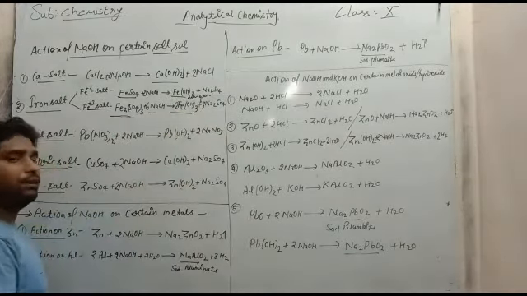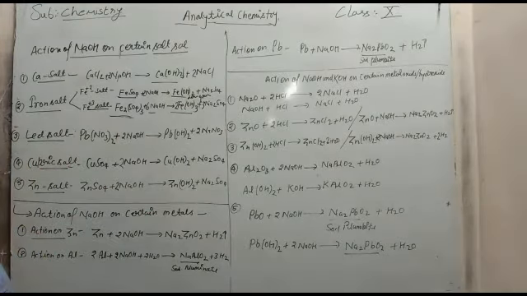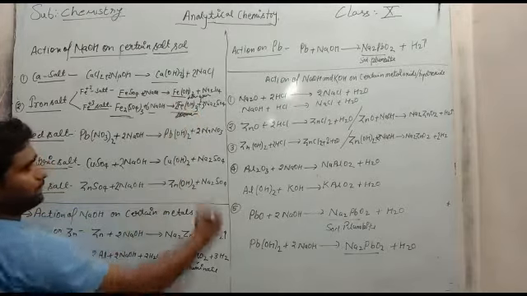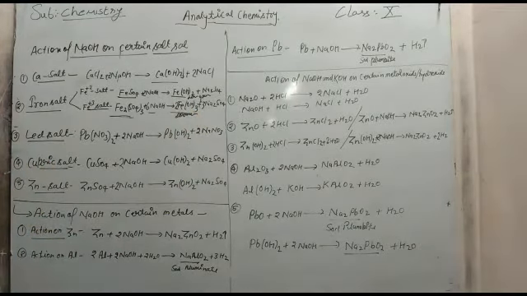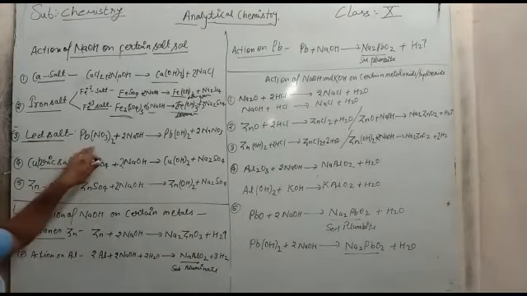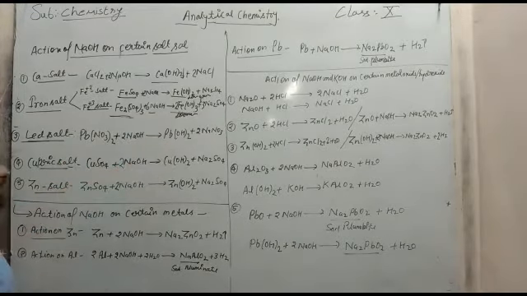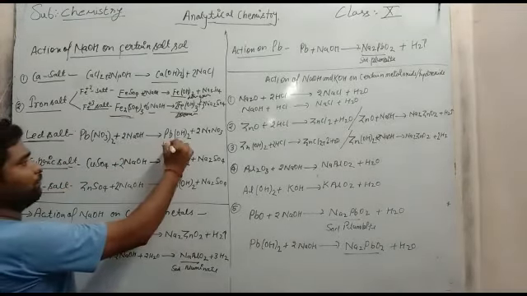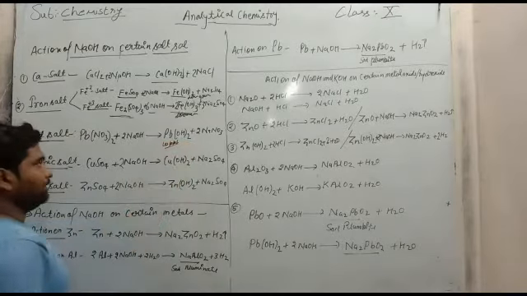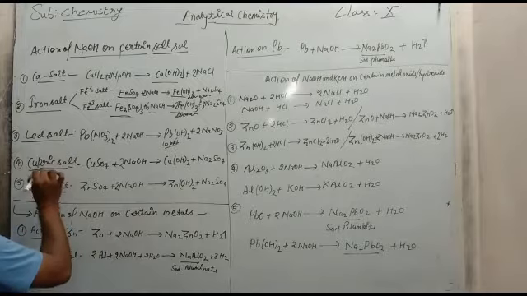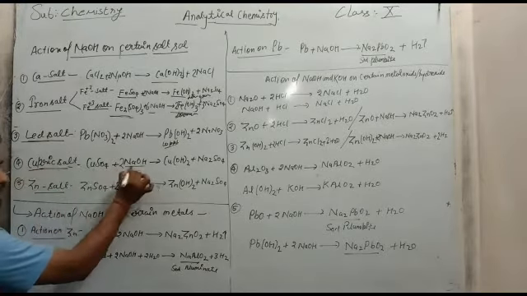You know very well the color of ferric hydroxide is reddish brown. What is the color of this precipitate? Reddish brown. Okay, now next salt, lead salt. When sodium hydroxide reacts with the lead salt, it gets converted to lead hydroxide. What is the color of the precipitate? White PPT.